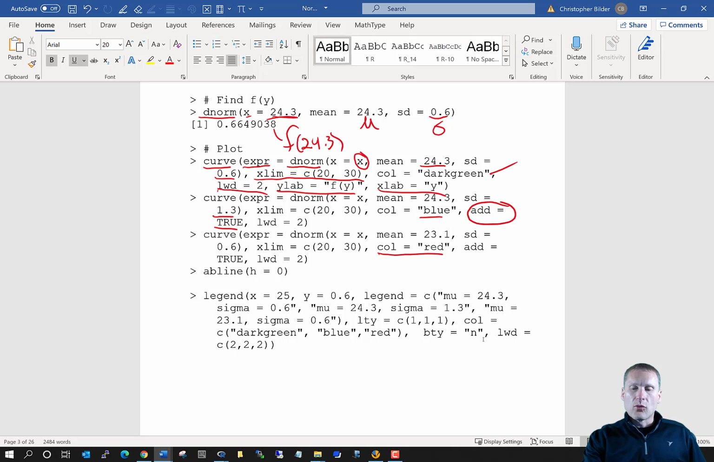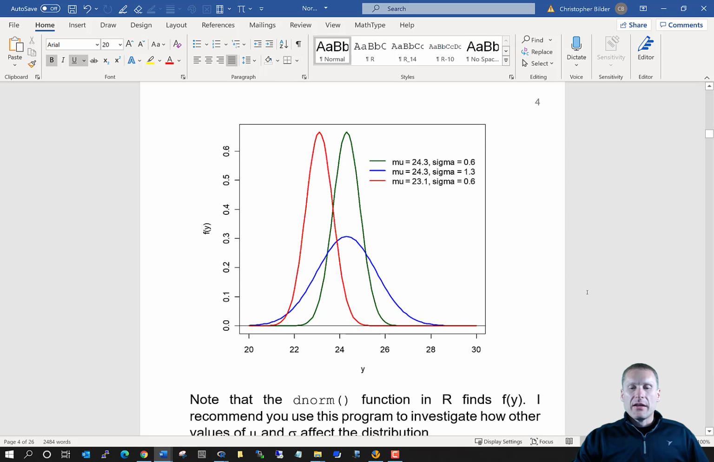And in red, I'm going to add another plot where I have my original standard deviation, which is what I had originally. That's why it's called the original standard deviation. But I'm going to change mu to be 23.1. And then I'm going to put a nice legend on the plot to help us read it. And here's the plot. So the first probability distribution is in green. Okay, notice how it's centered at 24.3. Notice also it's very unlikely to have values corresponding to y outside of 22 and about 26.5